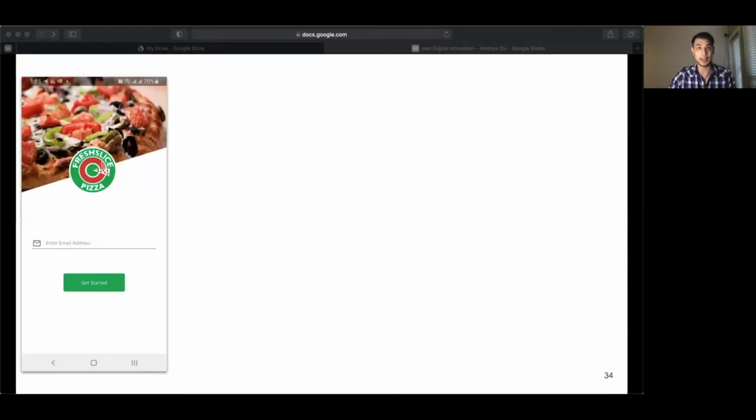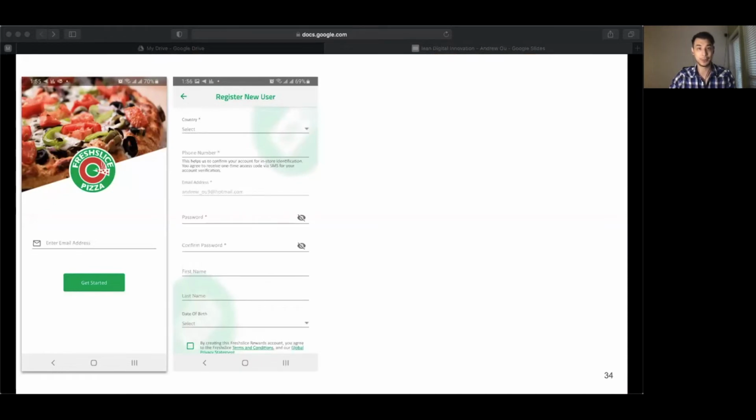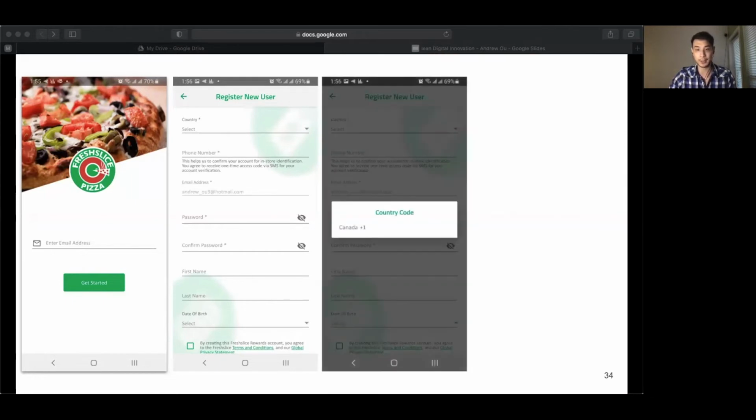But the first thing I saw in the app when I opened it up was that it asked for my email, which is okay, fine. If you want my email to get started, that's okay. But then the second screen started to get really, really busy. It was asking for a bunch of information and some things didn't make sense. For example, this was a chain that only operated in Canada. But when you select country, it shows you only one option, which is pointless and meaningless.